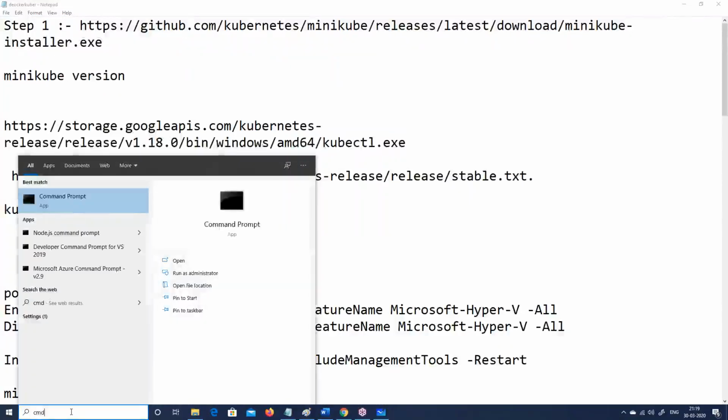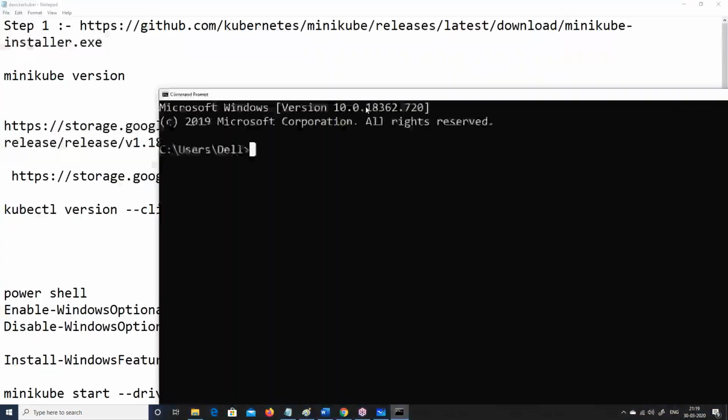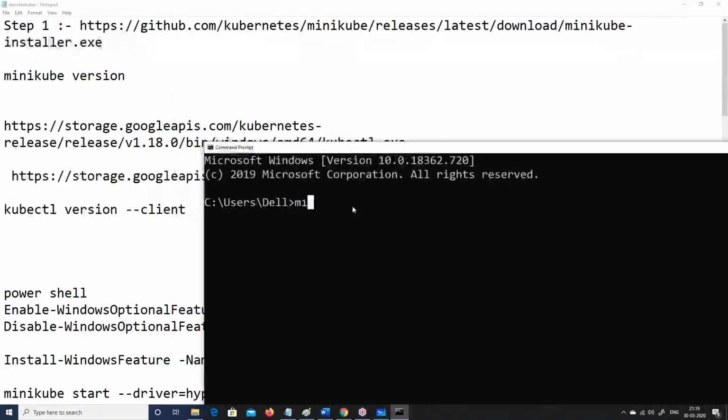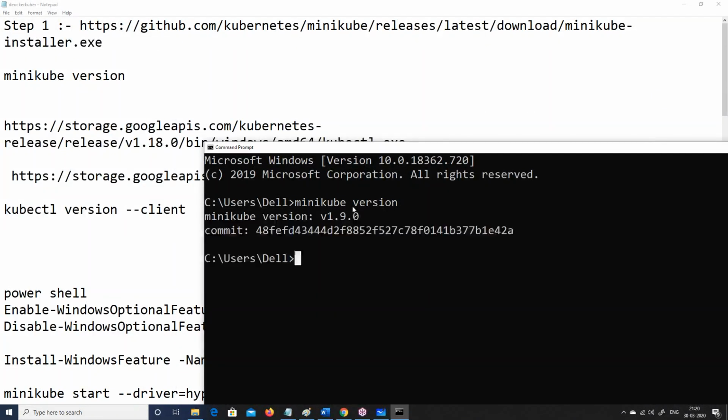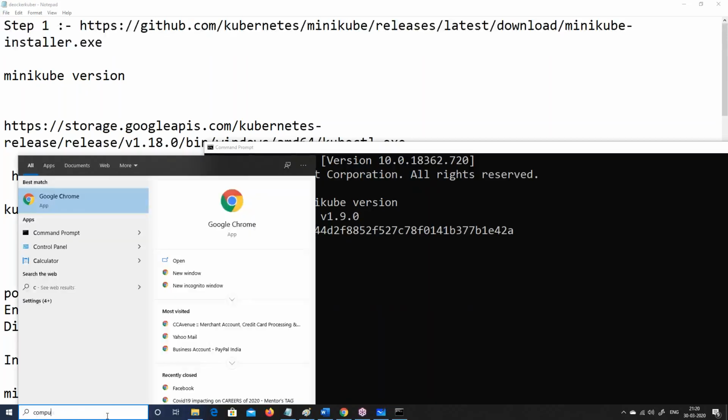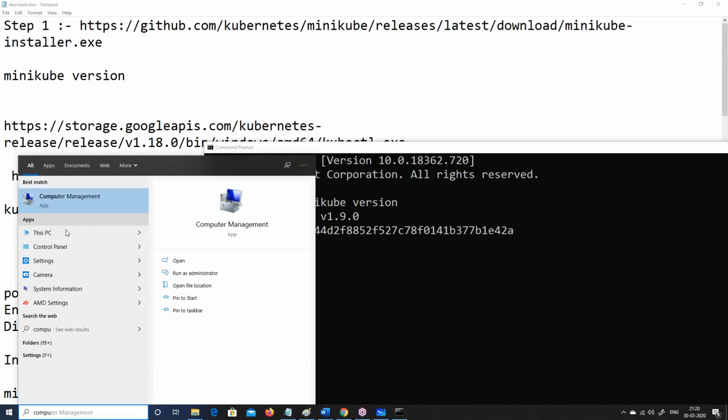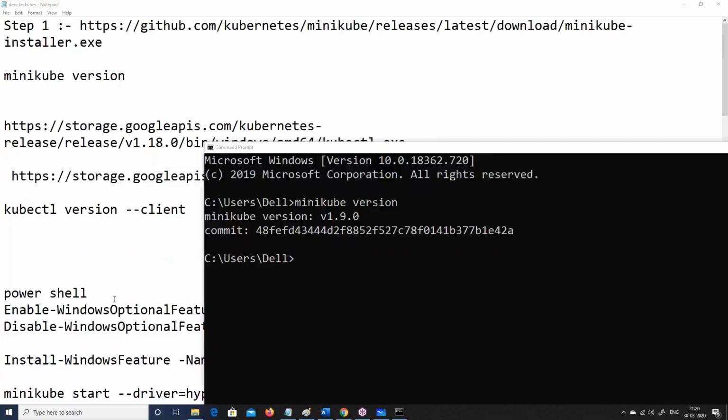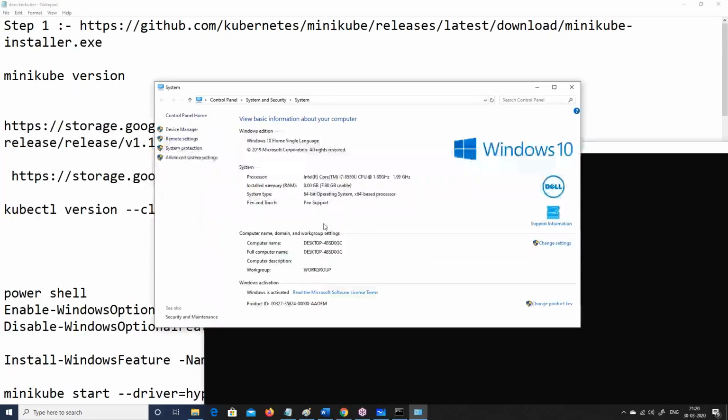So if I go here to my command prompt, I can say minikube version. Today I'm not using Azure. I thought that I would do it on my local machine. But remember that at this moment, I'm using Windows Home. So if I'm using Windows Home, I won't be doing the demo of Kubernetes with Docker. So I'll show what demo I will do. But this is a Windows Home edition out here.